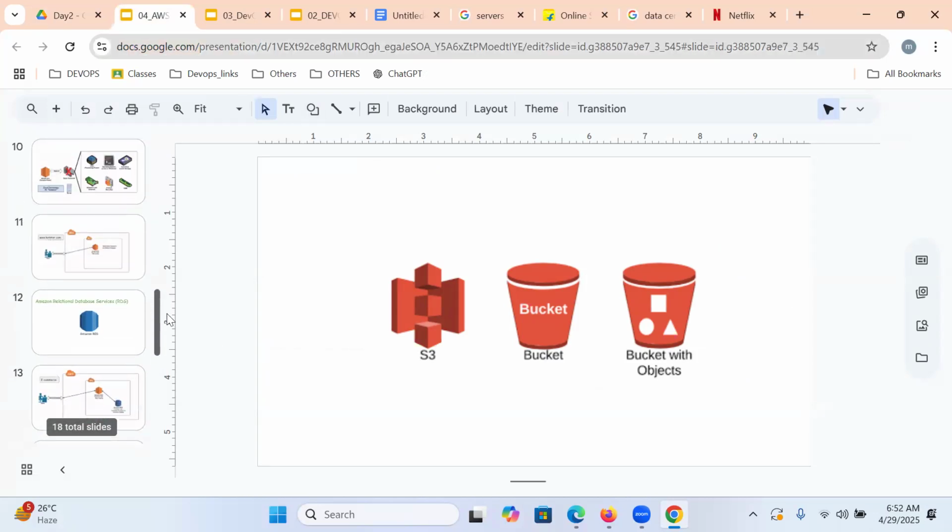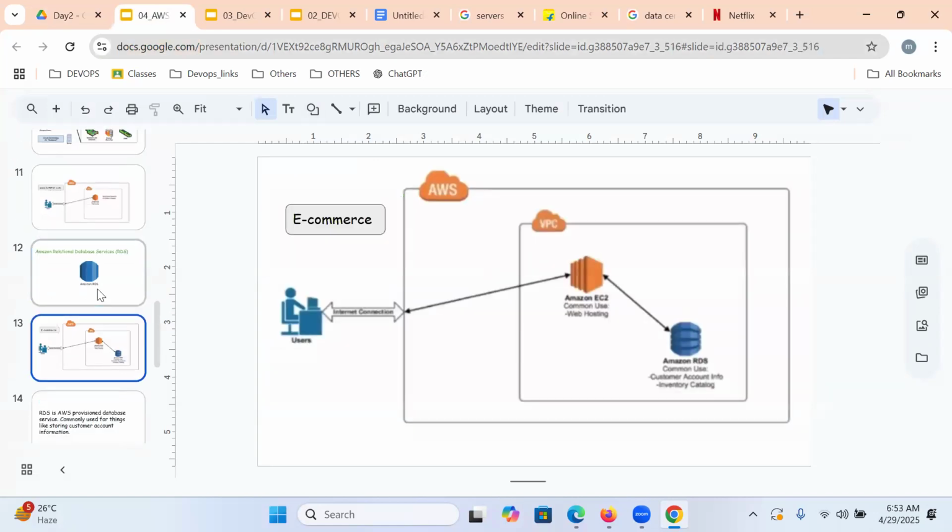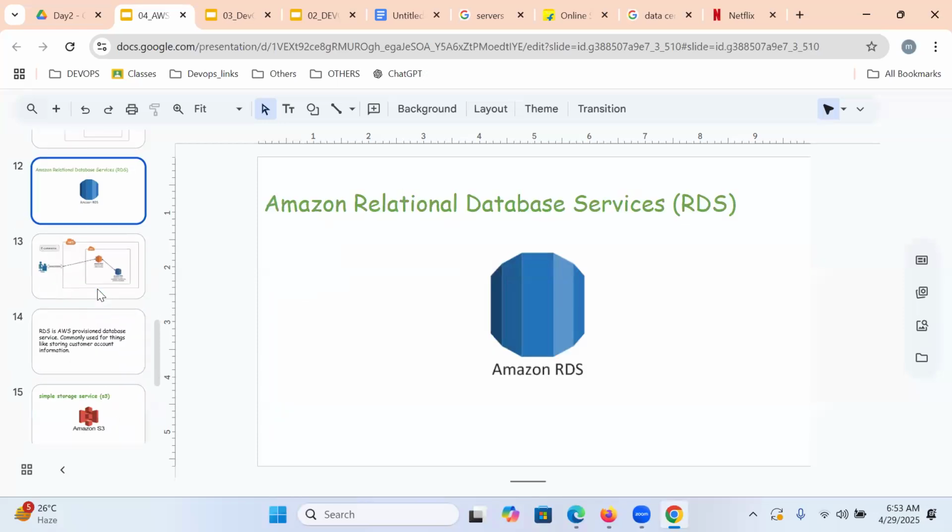Some questions are asked, sir, what is the major difference between a database and S3, RDS and S3? Okay, that is a common question students ask me. A database depends on an operating system, and holds data in rows and columns only, the customer data. We can access that through the application itself, your website itself. Directly we can't hit it. For example, Access Bank: whatever the customer logs in with is validated against the database, and customer data is inserted into the database in a tabular format. Directly over the internet, we can't hit this database. If we could, that would mean you are a billionaire, am I right?